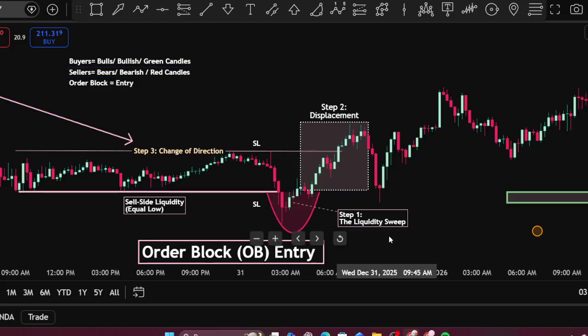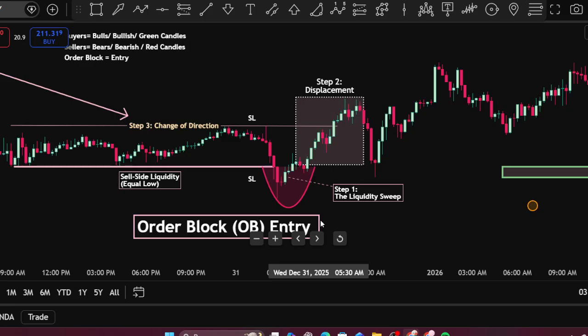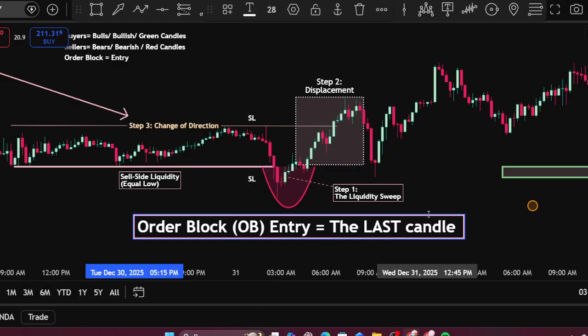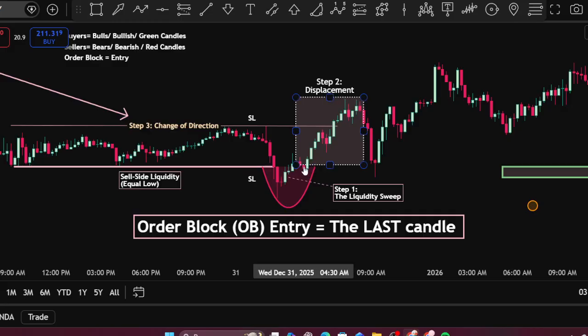So I'm looking for the last candle that pushed the market higher. That last opposite candle that pushed the market higher. So in that case, it would be this red